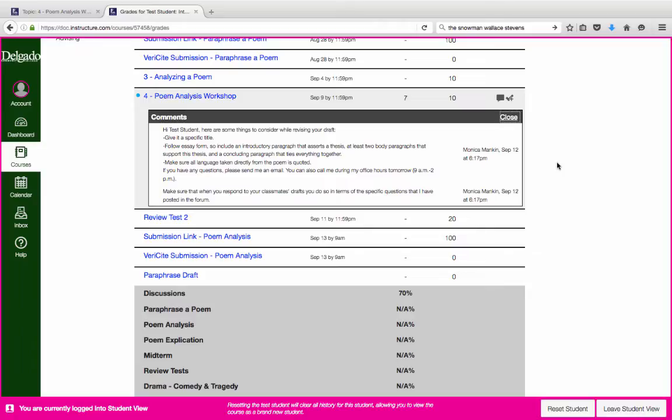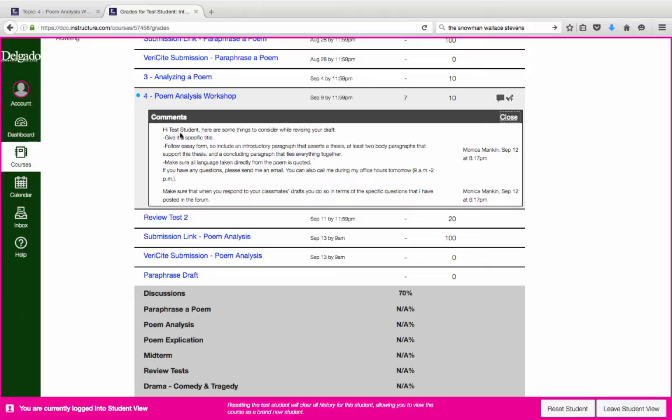I know I said that this should be due tomorrow at 9 a.m., but I really think we need to, like I said at the beginning of this video response, slow down a little bit so that you have a little more time to get this right, because we can't really move on to the next thing if we're not understanding how to do an analysis.